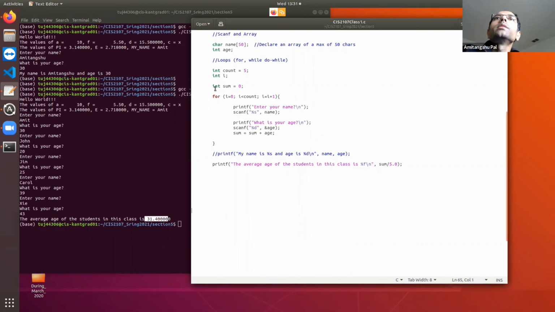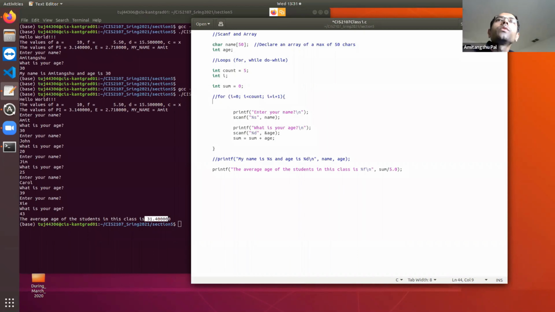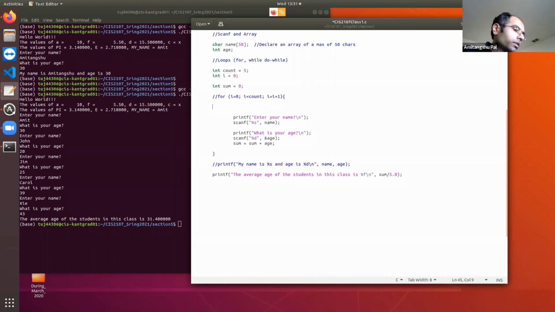Now let's see how we can replace this for loop using a while loop. In the while loop, first your I needs to be initialized before entering into the loop, and then it is going to check while I is less than count.